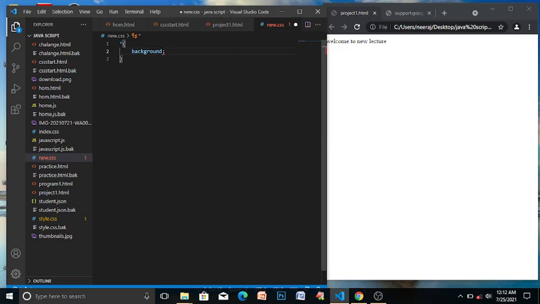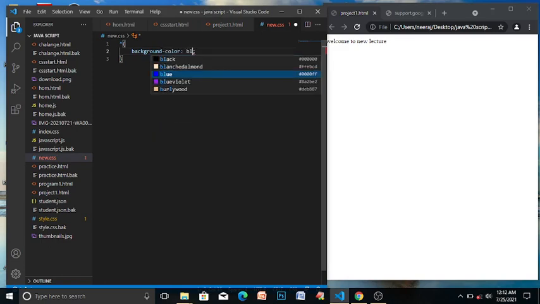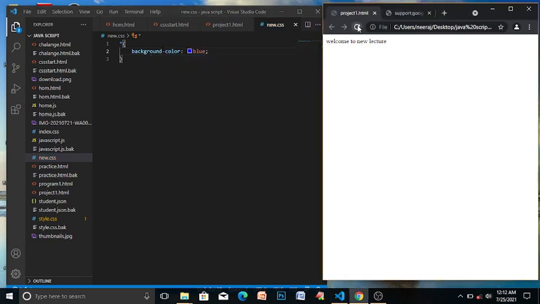Background color blue. Now if I refresh the page, there will be no effect on the web page because we haven't linked this CSS page to our HTML page. For this